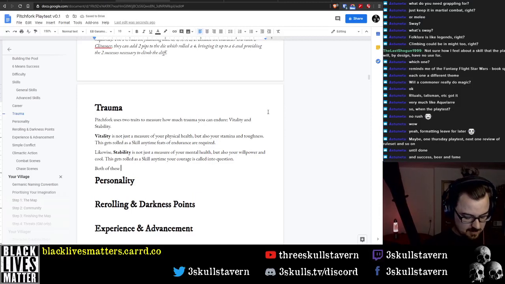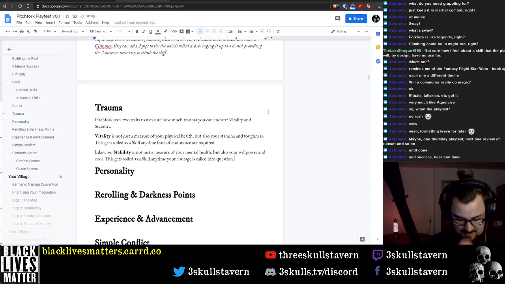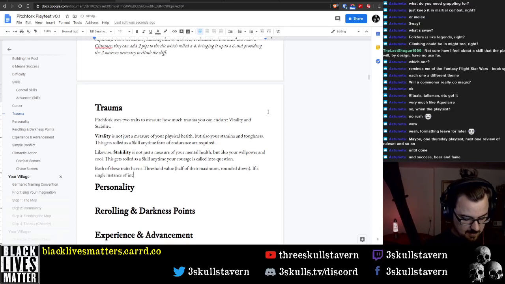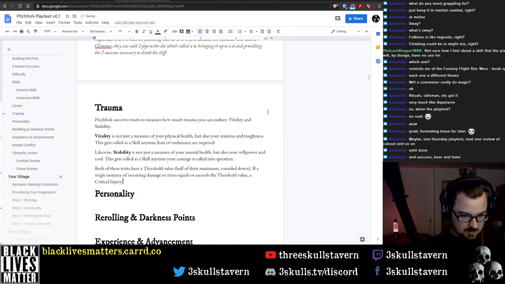Both of these traits have a threshold value, half of their maximum rounded down. If a single instance of incoming damage or stress equals or exceeds the threshold value, a critical injury or a mental